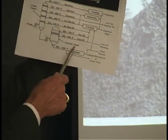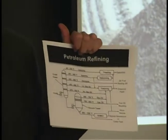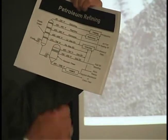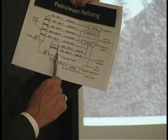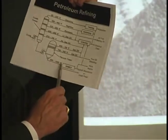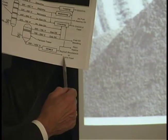Then you see this thing over here called a vacuum tower. That's not relatively new, but it is a very expensive addition to a refinery, so you don't see a lot of them. When they send something through a vacuum tower, they're able to extract more gas and more oil off of it. But then you also see down here where it says it goes to pitch, resins, asphalt blend stock, or coker